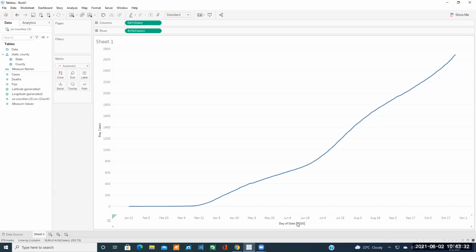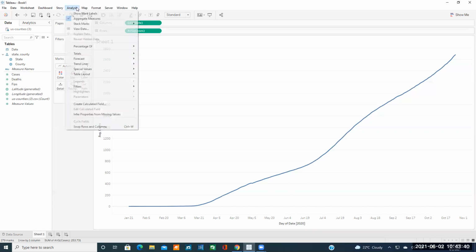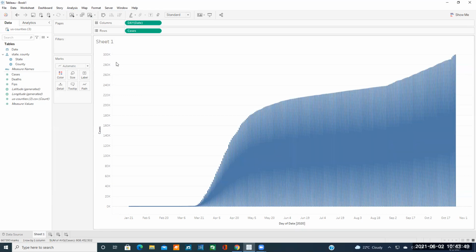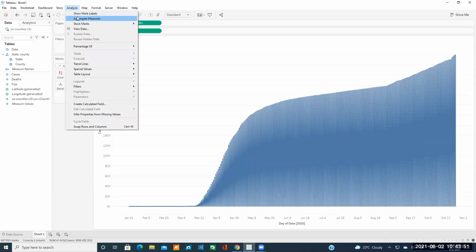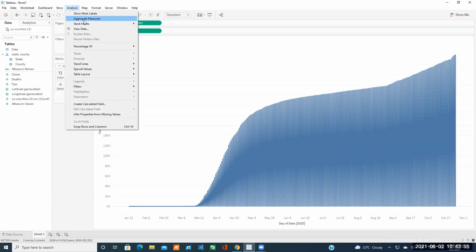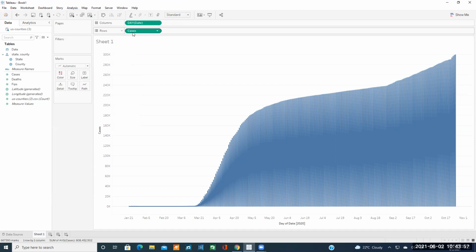So let me see if I understood correctly. If we uncheck the aggregate measures, then we just have cases. But when I click on the little arrow, it shows me still the average. When you uncheck the aggregated measure, it should be just a plain case. Yeah, it is. But if I click there on that little white part,